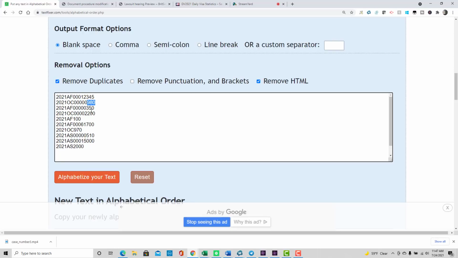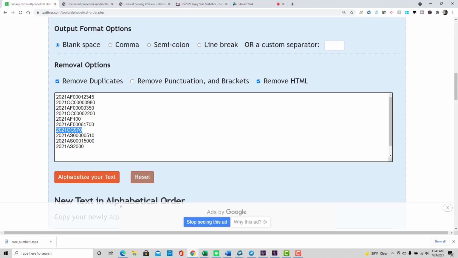This one is an OC case number of less than 1,000. And I've put in some other numbers that, as you'll see in a moment, will explain how things work. But here's an interesting thing. I've also put in a very low case number in Africa, AF 100. So that's case number 100 in Africa. I've done a similar thing in OC, where I've chosen a case number which is less than the 980 case number here. I've put 970. So you'd expect this one and this one, if they were going by case number order, to be